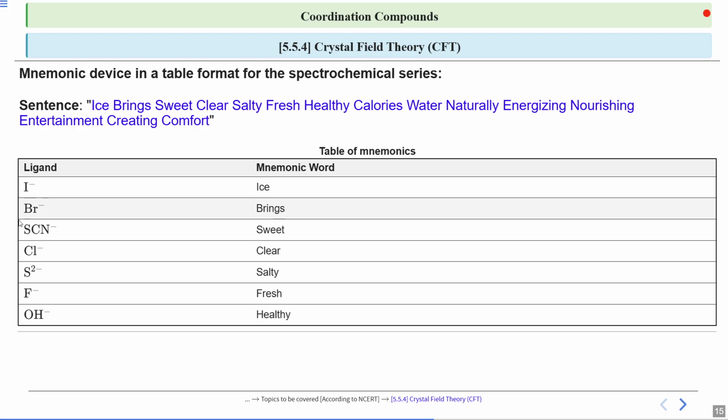Then bromide, you can call it brings. Then SCN negative, you can call it sweet. Then chloride, whose mnemonic word is clear. Then S2 negative, whose mnemonic word is salty. Then F negative, whose mnemonic word is fresh. And then OH negative, whose mnemonic word is healthy. So ice brings sweet, clear, salty, fresh, healthy. This is the order of the ligands in the spectrochemical series: first iodide, then bromide, then SCN negative, then chloride, then S2 negative, then fluoride, then hydroxyl negative. And